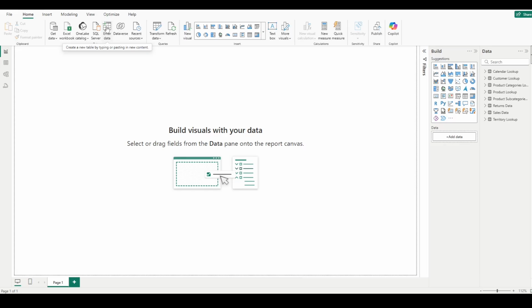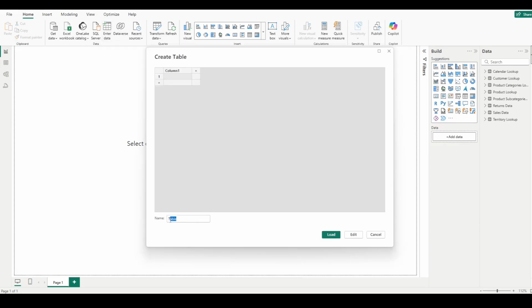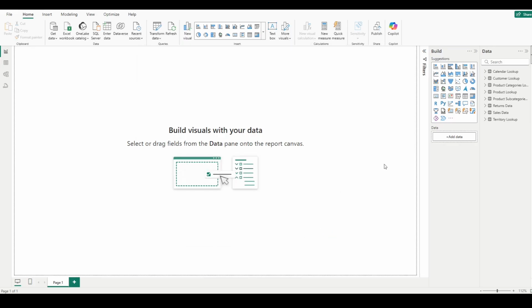If you see, there is enter data. I click on enter data. All I have to do is name this table. I'll call this measure table, and all I have to do is just load it. It'll create the measure table in my report view here. If you can see it here, there is just one column, and all I now have to do is